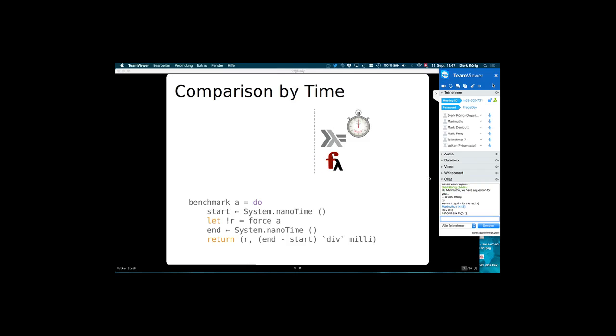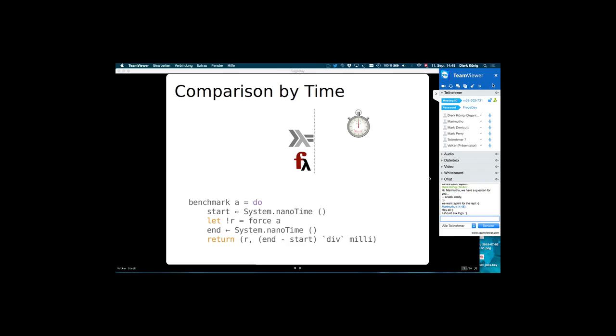In Frege, I have this benchmark function, which gets an expression, takes the start time and the end time. In between, we force the evaluation of A. This is really important here because of the laziness. It would not be evaluated if we did not force it.